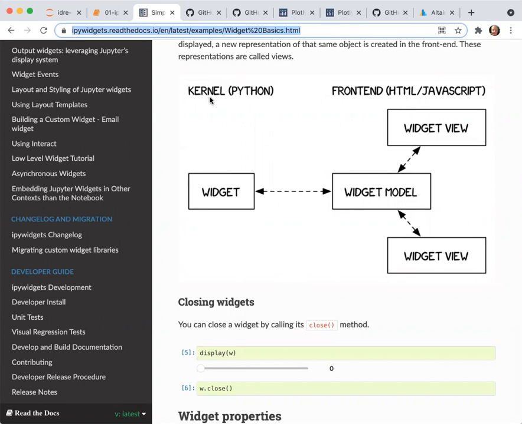And the kernel is what executes the actual Python code that you execute in the cells. So there's communication between the front end that you see in your browser and the kernel on the back end, which is executing the Python. Whenever you execute a cell, the front end then communicates with the kernel, which executes the code and then returns the output back to the front end.